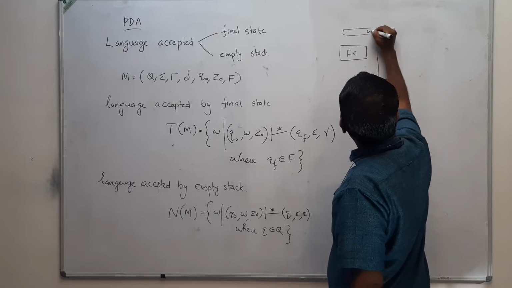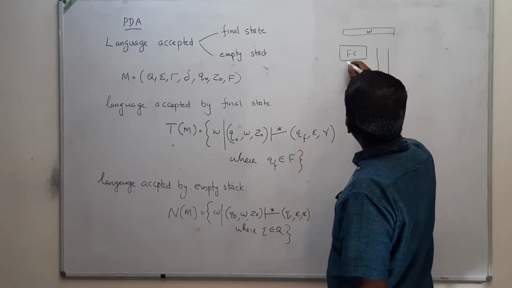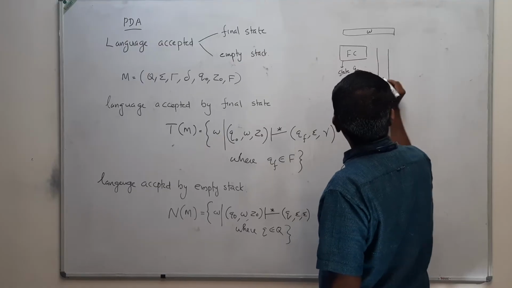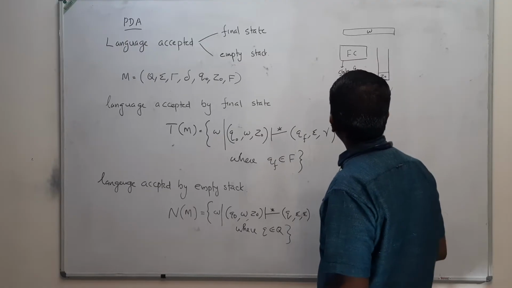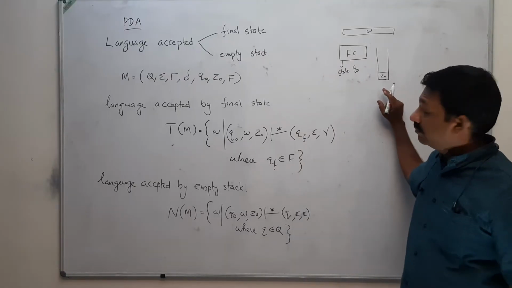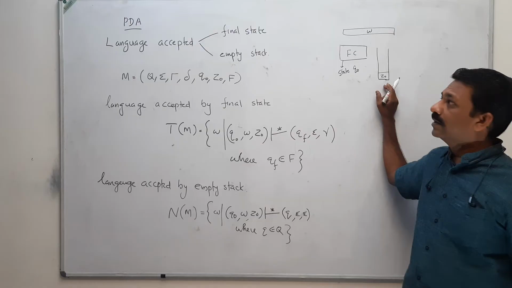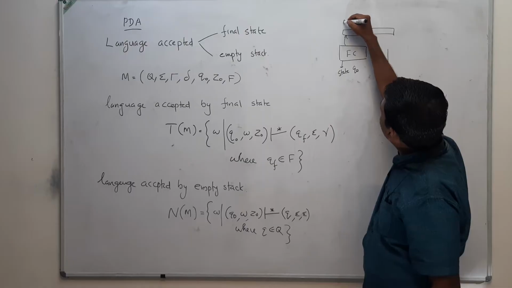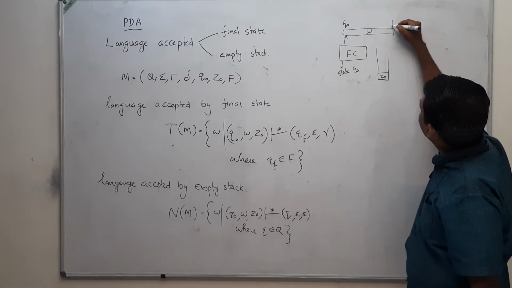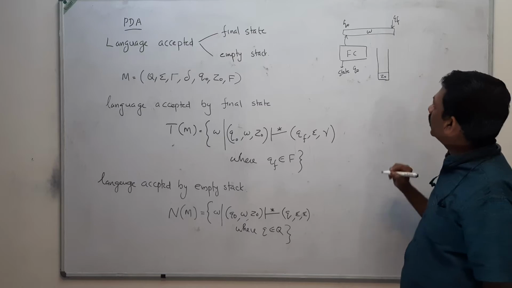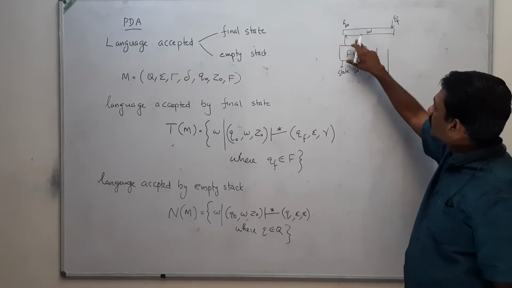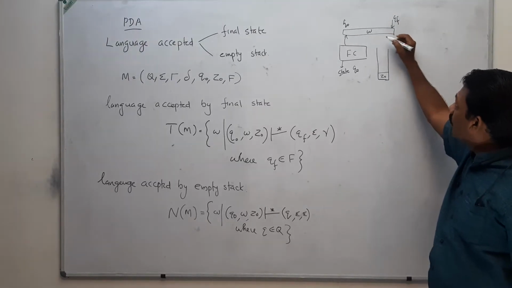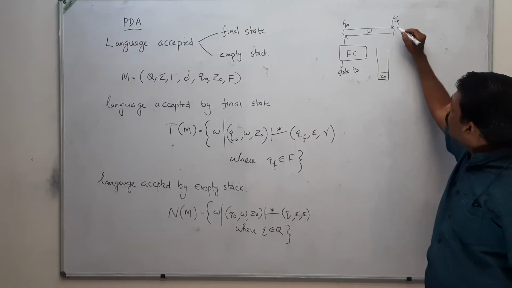As an input, W is printed on the tape, and this finite control will be initially in state Q0, and initially the stack has Z0 on top. This is the bottom of the stack marker, and this is the start. That means starting from Q0, if it reaches QF, one of the final states, after reading all the input symbols of this W, and QF is a member of the final states,